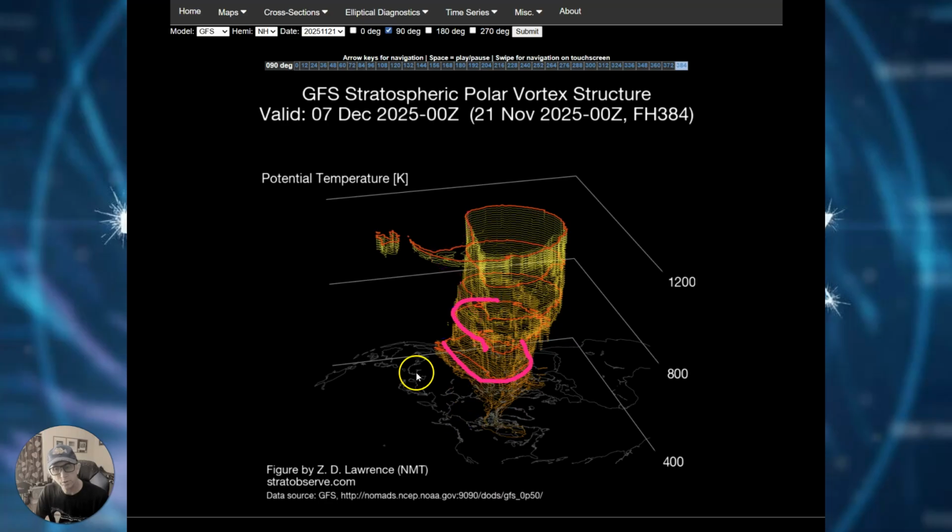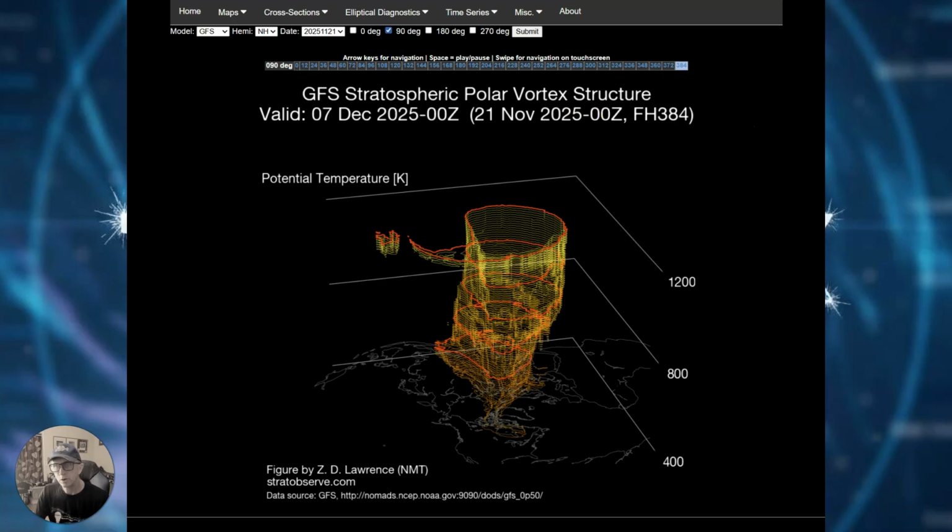What that's going to do is bring cold air into Canada, right? And into much of the United States down here, okay? And this is 7 December, all right? And this has been well advertised over the past couple weeks now. And I think in reality it's going to happen. The degree of cold air, I think, is going to be pretty bad, pretty cold out west, all right? And we'll go over that, right? But